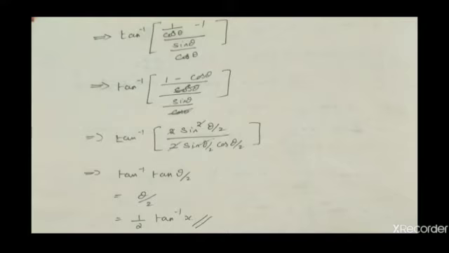Now write secant and tan in terms of cos and sine, and it gets reduced to (1 minus cos theta) by sin theta. Now again refer to the hints. Whenever you see 1 minus cos and sine or 1 plus cos and sine, you use the formula 1 minus cos theta is equal to 2 sin square theta by 2, and sin theta is nothing but 2 sin theta by 2 cos theta by 2. See, when you change cos theta to theta by 2, you have to change sin theta also to theta by 2.